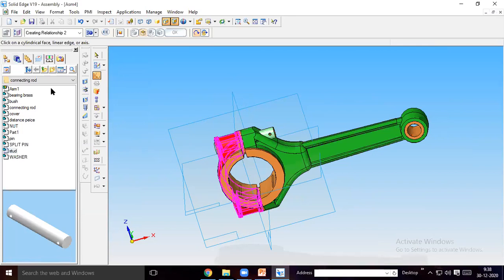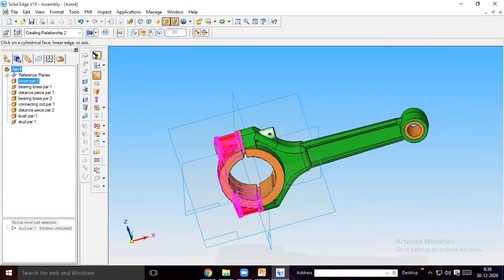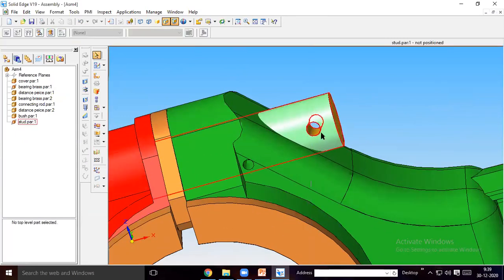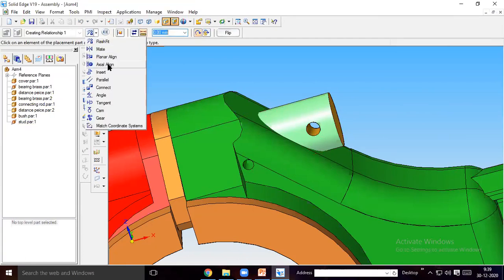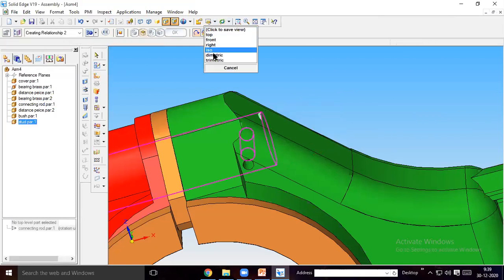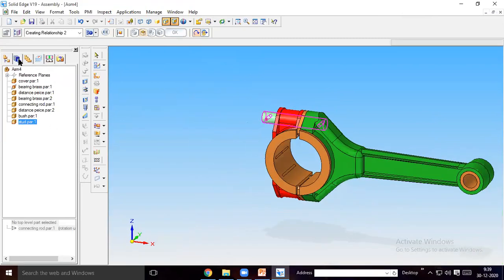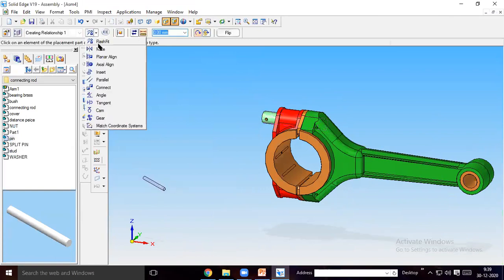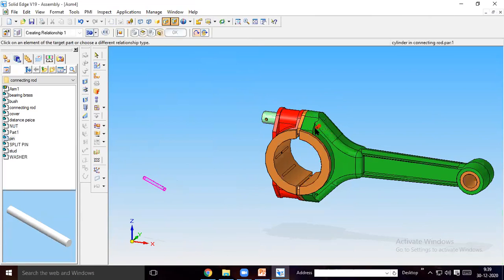Okay. For time being I will hide the reference plane so that it will become easy for me to do assembly. Stud here I gave the axial alignment, then you give axial alignment of this small hole and this hole. It has to come along the same line, and here the pin will go and sit. Select axial alignment of this with this. Okay. So once you have done that, now you take the pin, this first pin. Take it and place it here.